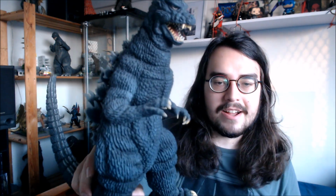I think the X Plus is slightly imperfect in some ways, and obviously the Bandai is a little bit imperfect, just being a bit stylized for Bandai vinyl. But all things considered, this Bandai vinyl does capture the design really, really well. And I actually have the Yuji Sakai modeling collection X Plus 30 centimeter 1984 Godzilla on pre-order right now, so when that comes in, I'll be able to compare all of these guys, because that figure looked so beautiful. I think it's gonna totally outdo this original 30 centimeter one, which already is a really good figure,